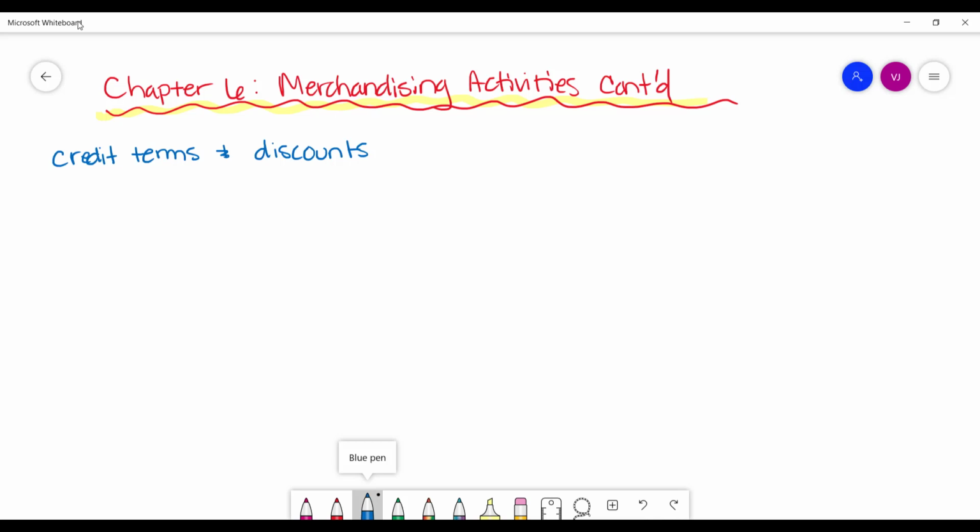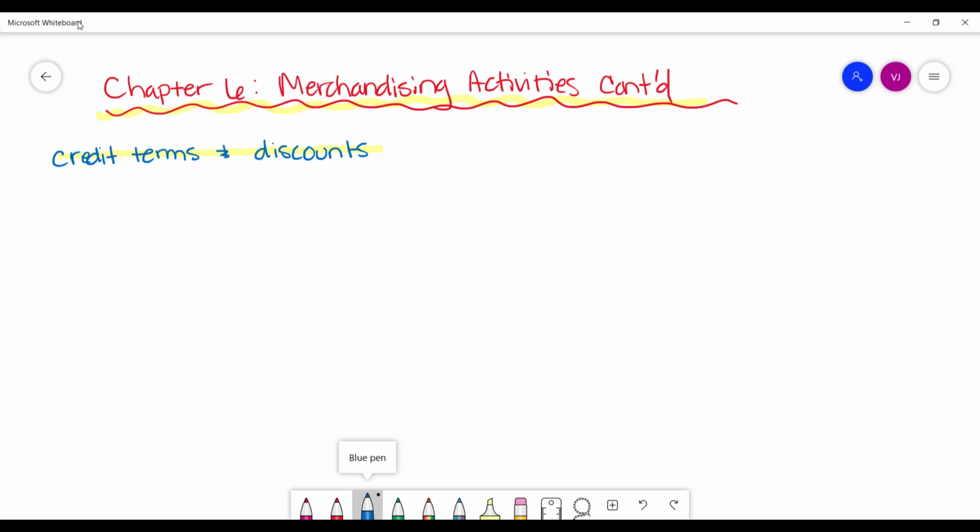So if we buy something from a supplier on account, we get to pay them later instead of paying them right away. Usually manufacturers and wholesalers will allow their customers about 30 to 60 days to pay on average. It depends obviously on the specific manufacturer or wholesaler. And often, because these things are sold on account, sellers will offer customers a discount if they pay within a specific period of time to encourage their customers to pay early.